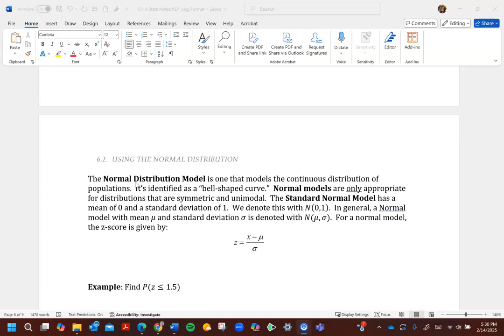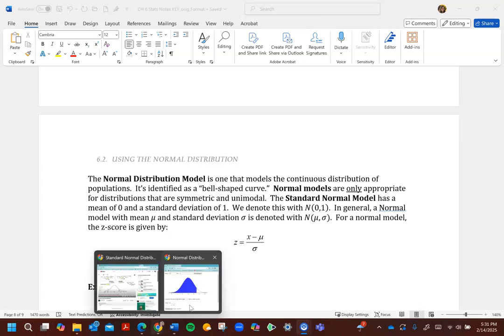Again, we're going to use the normal distribution model, and we have a mean of 0 and a standard deviation of 1, and we note this with N(0, 1), just like before. And so if I were to put this into Staplet here,